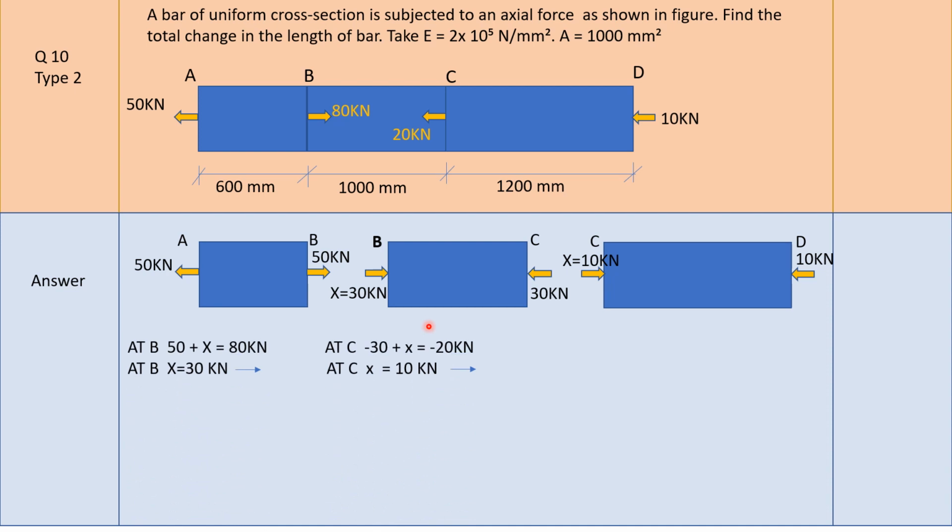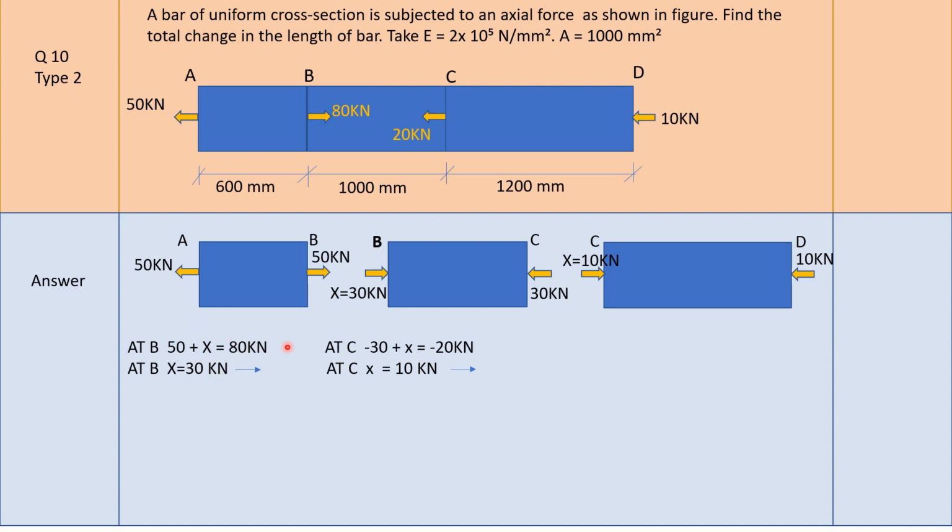Now if we want to do the calculations, then at B, this is 50, the given force is 80. These two forces at B, this force at B for AB and this force at B for BC, these two combined should give us this value 80. So if I call this 50 and if I call this force x, then 50 plus x must give me 80, which is given here at the top. So this will give me x is equal to 30 kilonewton.